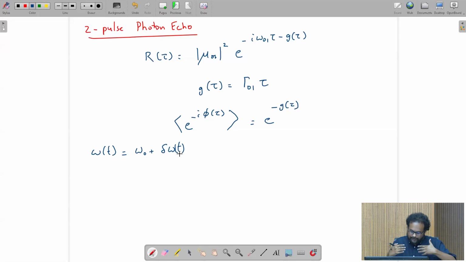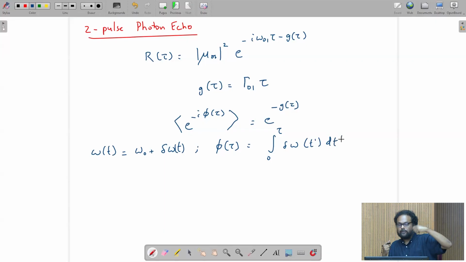So let's say I let it evolve for some time and I accumulate a phase, right? And so that accumulated phase till some point tau will be the integral from 0 to tau of delta omega of t prime dt prime. That's the accumulated phase because of my fluctuations. Basically the dynamic phase of my state. If I have something like that, then G of tau